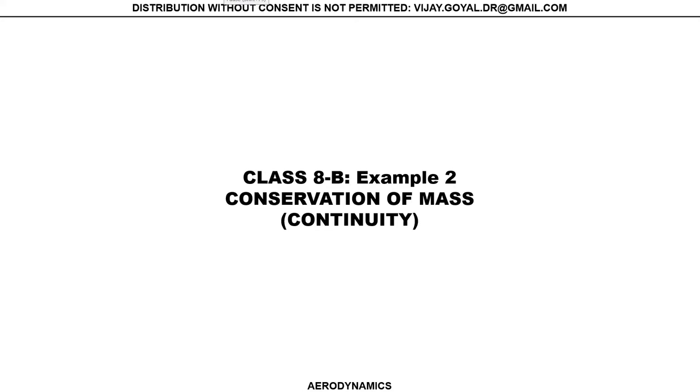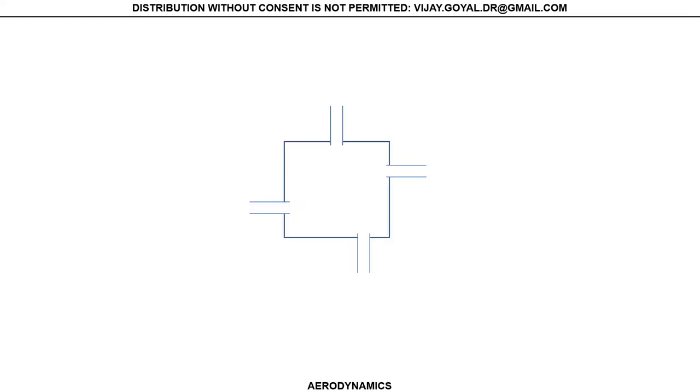This is example number 2 on conservation of mass and continuity. When you have the integral form, it's the continuity equation. When you have the differential form, it's the conservation of mass, but they both produce the same answers. So that's the purpose of this exercise. So let's consider that